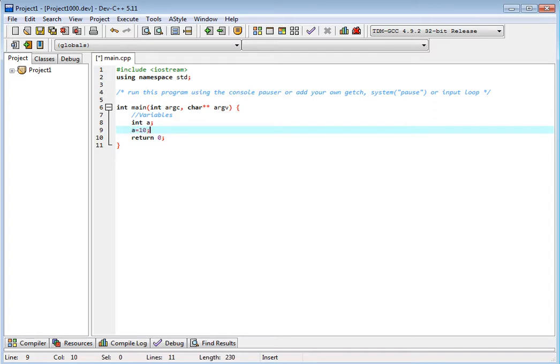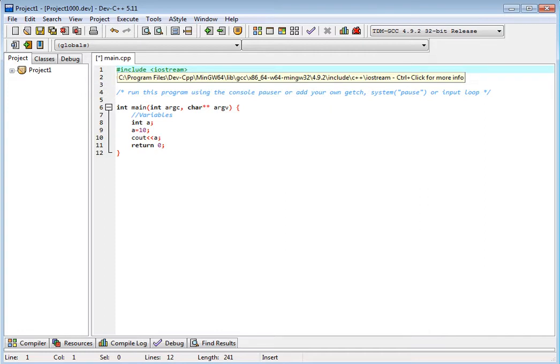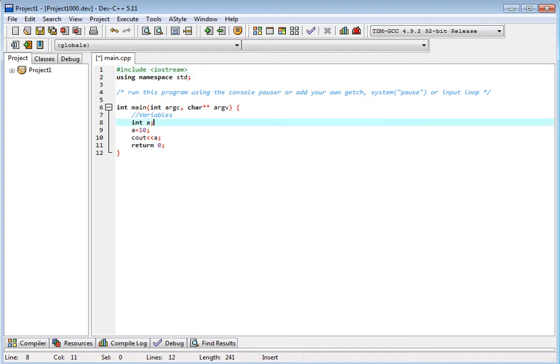This is 10, and I print it, cout less than a. Okay, so this is header file. This is the header file, iostream, input output stream, and on std this is the main function. These are arguments by default, and our program is here.